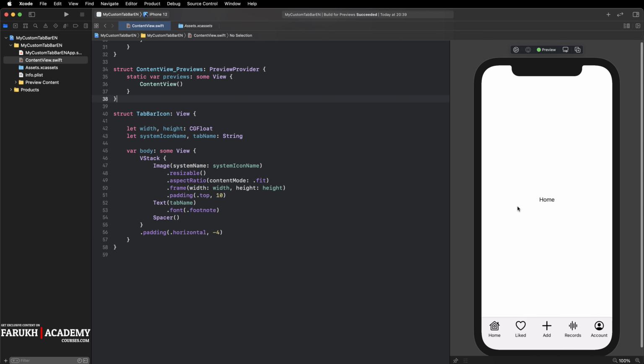Okay, so now your preview should look like this one. Okay, next we want to replace the plus tab bar icon with a slightly shifted plus button. We create this by inserting a ZStack between the two icons. The first view inside this ZStack should simply be a white circle. Okay, so here